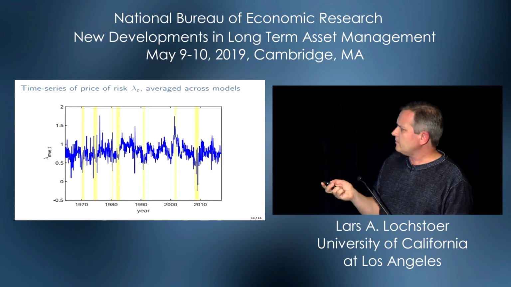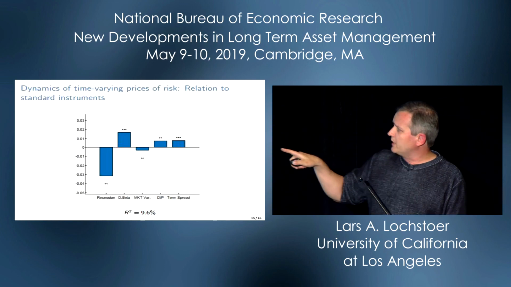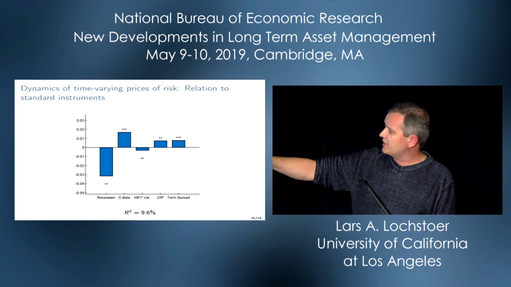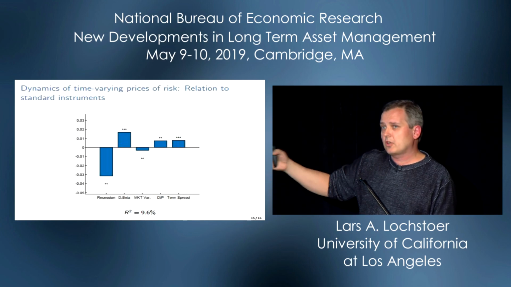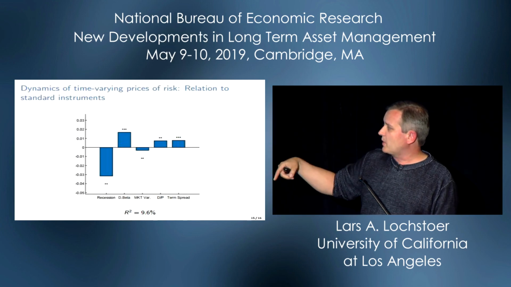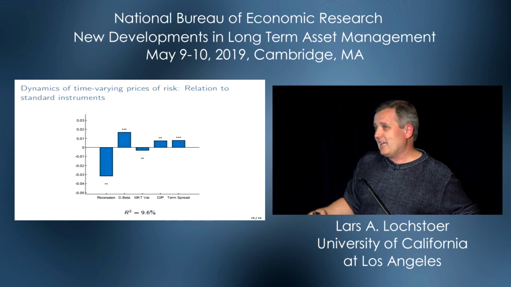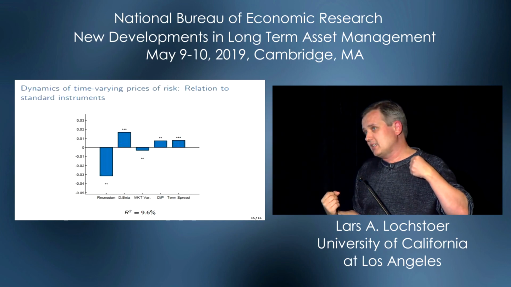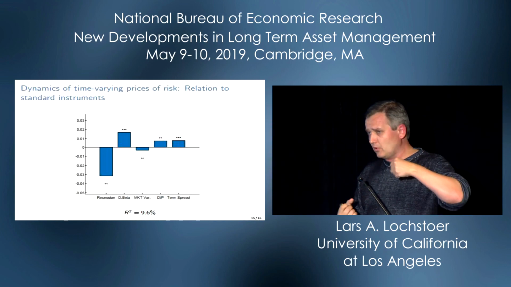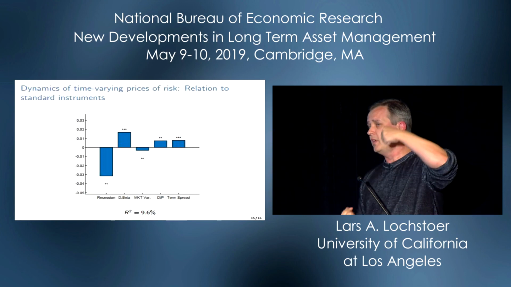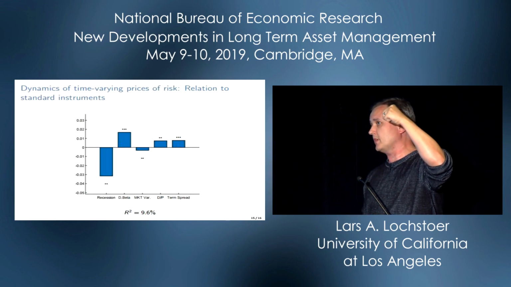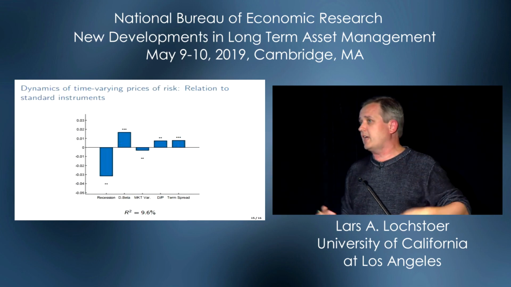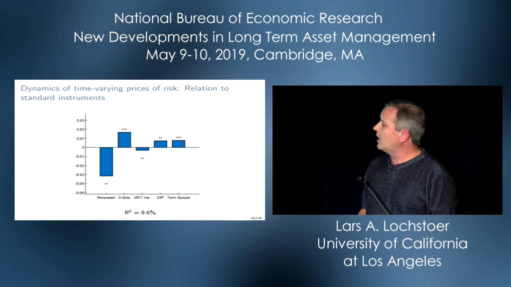Now, let me do it a little bit more formally. I regress this thing on a recession indicator, on the conditional variance of the market portfolio, on the dividend price ratio, on the term spread, and on the cross-sectional spread in betas from the betting against beta portfolio. All I wanted to see is whether there is some sort of relation between the conditional risk prices gotten from those models and some notion of cross-sectional variation in some characteristic. And so we chose beta. We could have done the value spread, done something else maybe. So what do you get?